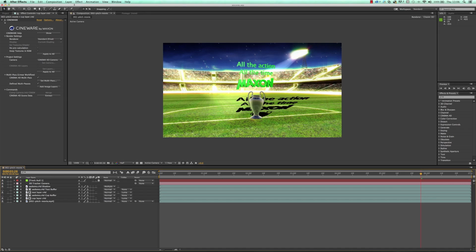So inside After Effects, we've got everything really nicely set up here. We've got the cup on a separate layer with the cup buffer cutting it out nicely. We've got the text on a separate layer and the text buffer cutting that out nicely. And then we've got the shadows on a separate layer as well. So at this point you may think, great, I'm finished. Well, the lovely thing about this workflow is there's certain things that After Effects is really cool at doing that Cinema 4D can't do as fast.